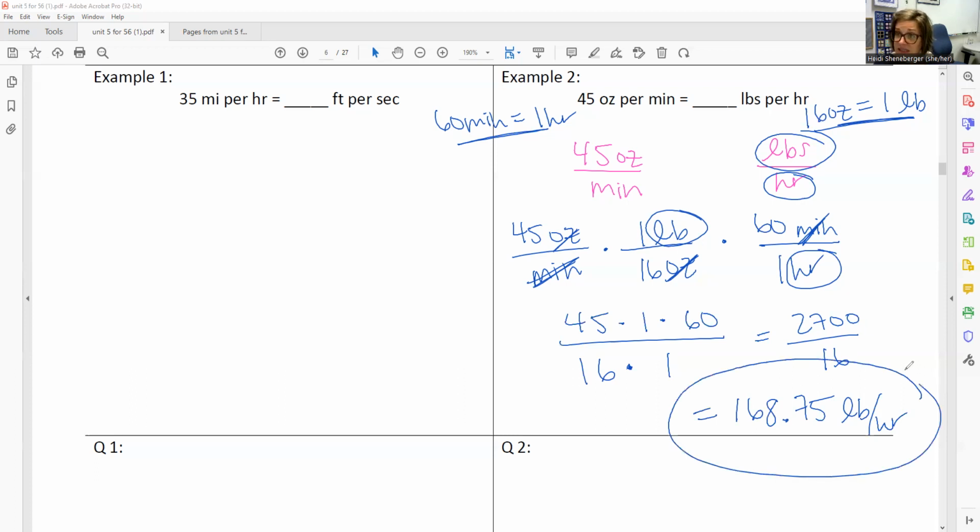So it's a little bit different situation in that we are cross-canceling the units and not the numbers, but all of those fraction rules apply. Hopefully this helps. This is the same method that the other video talks about, but maybe I've said the words a little bit different. It'll help you be successful. Let me know how it goes and bring me all your questions.